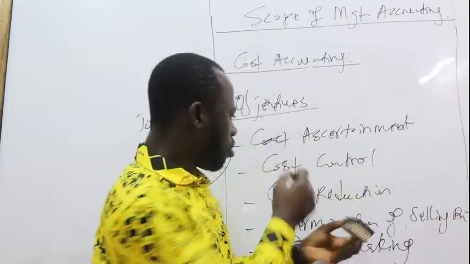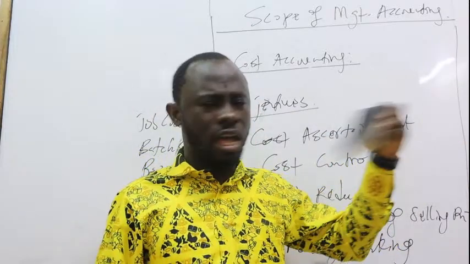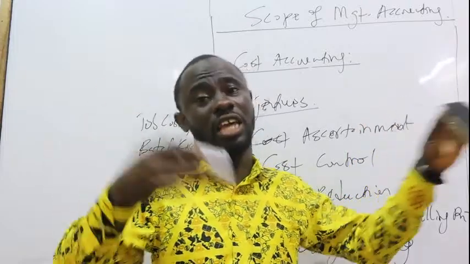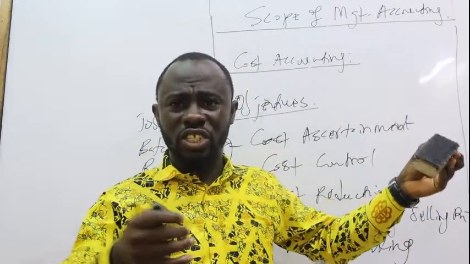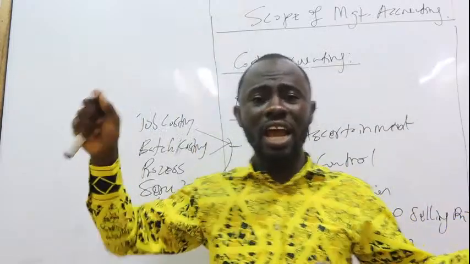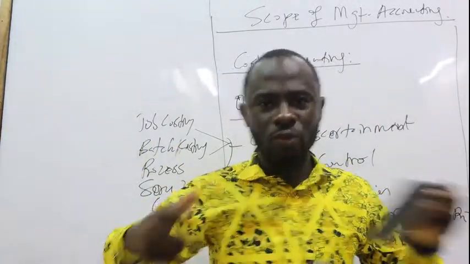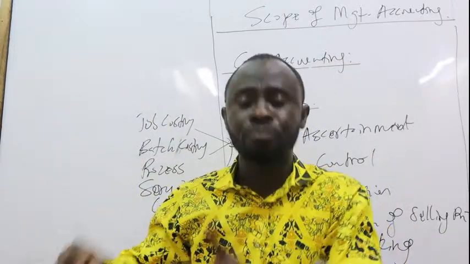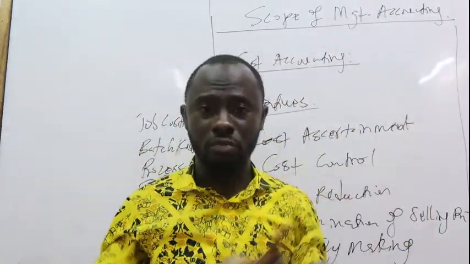So cost control is, as we are making the duster, we've budgeted that we want to spend $5 on each duster because we could sell it for $10 and make a $5 profit. So as we are producing the duster, we will measure to determine how much cost we are incurring on the production of the duster. Then we compare that with the budget, with the standard, what we wanted to spend. Then we determine whether we are spending within it or outside it. If we are spending within it, then we continue. But if we are spending more than what we are supposed to spend, then we put in some remedial actions.